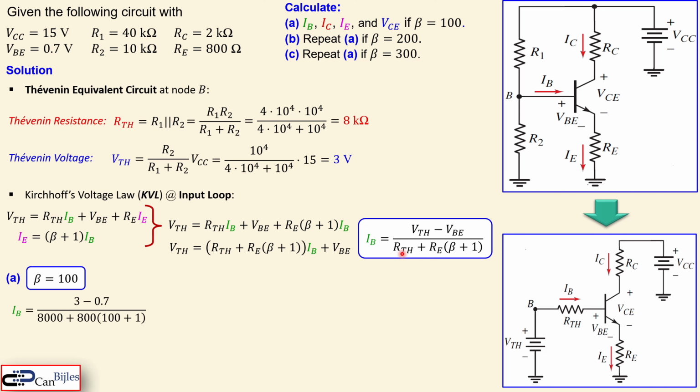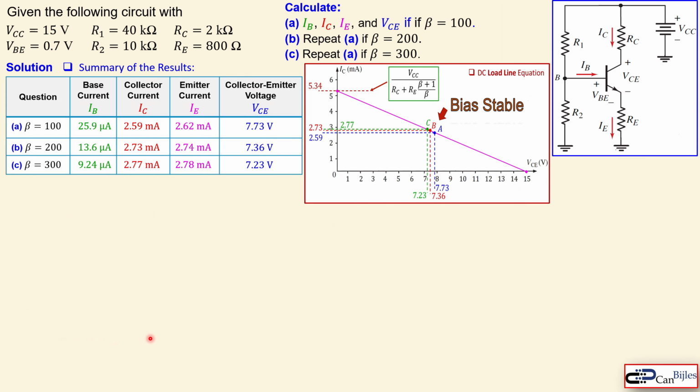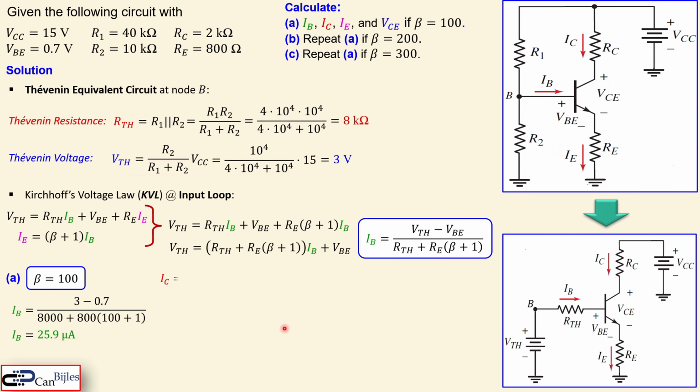You see 3 minus 0.7, which is this part, the numerator, and then 8000 for the RTH, so the Thevenin resistance, plus 800 times 101. And it will give you approximately 25.9 microamps for the base current. Now, assuming of course the linear region of operation for the transistor, we can say the collector current is then beta times the base current. We have the base current, that will be then 100 times this 25.9 micro, and you will get